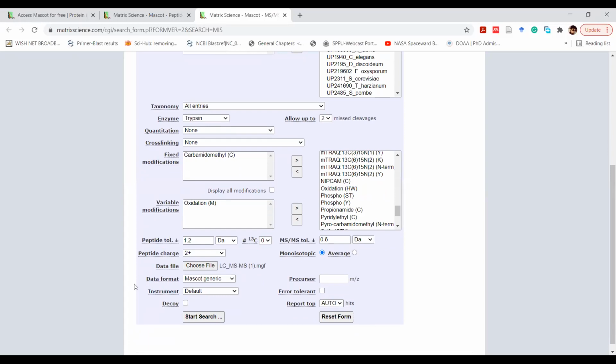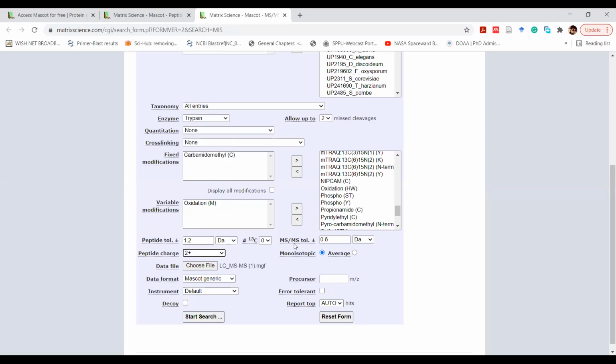After that, there are many other points which, if you know them, then only you should fill them. Otherwise, you should keep them as default. Peptide charge, if you know what kind of charge you have applied while doing the ionization of your sample.